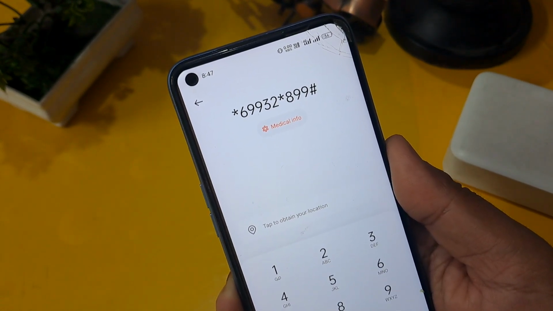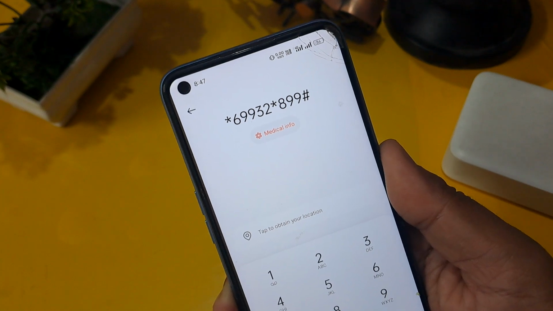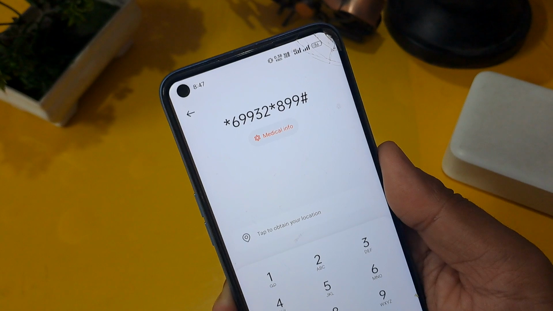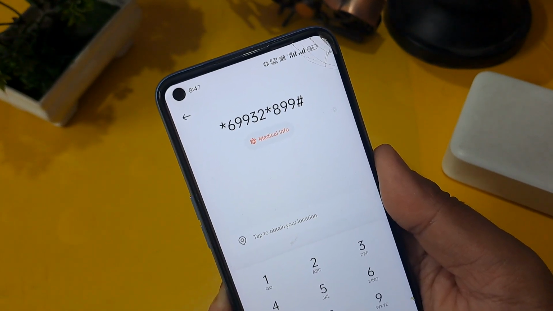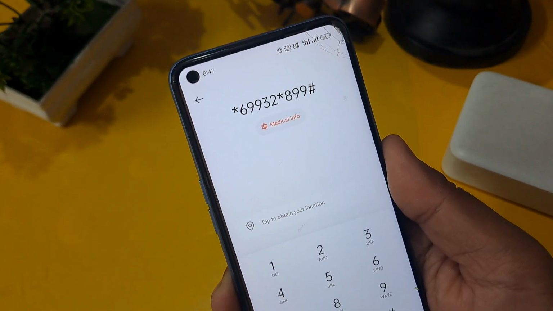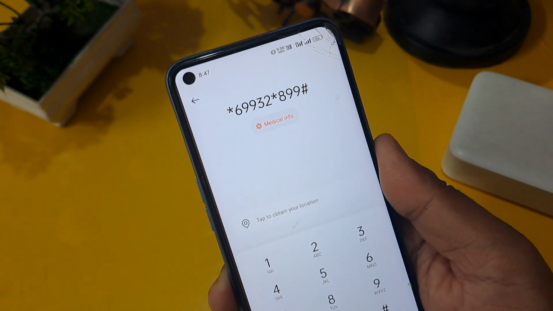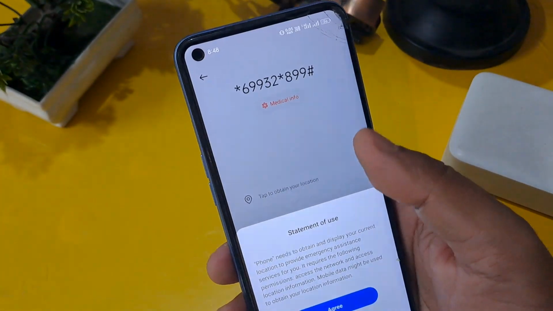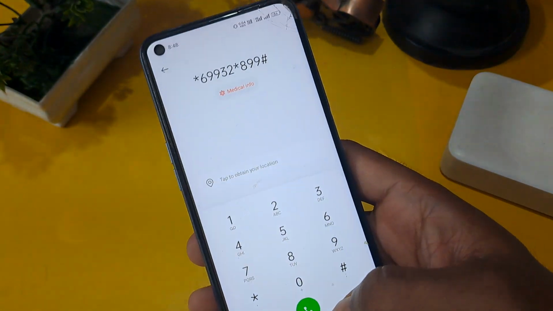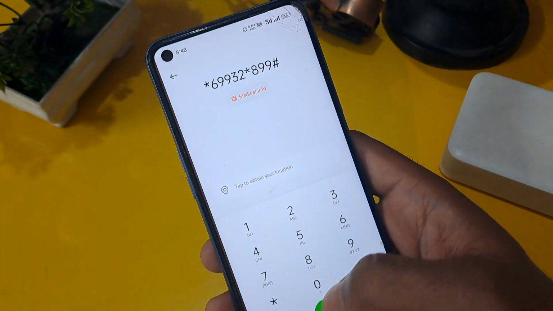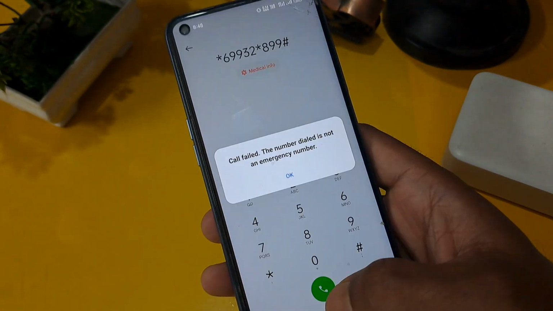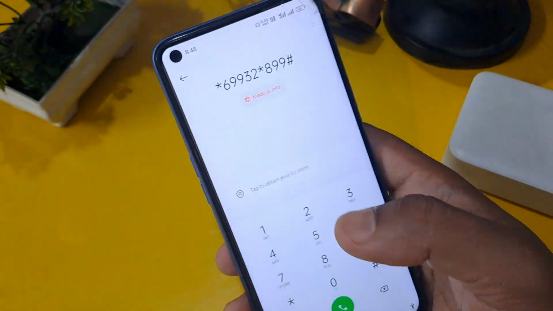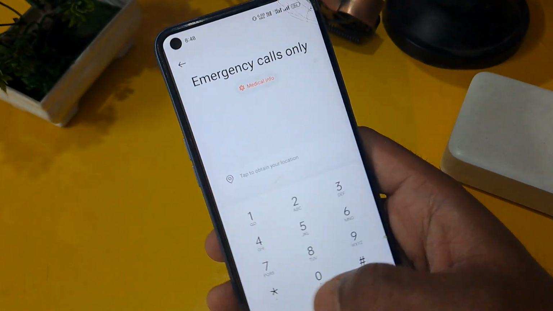Friend, the secret code I am telling you may be supported in many handsets but may not be supported in many others. If it is not supported in your handset, please comment on my channel and I will give you a better suggestion for this. So now you have to call here, press the call button minimum three times, ignore the pop-up message and erase all the numbers, and